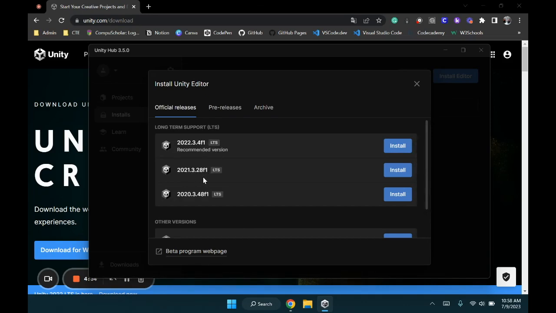This is the previous long-term support, or the one from 2020.3.48 as well. So whenever you're installing the different versions of Unity, again, try to stay within the same range of the first number here. The secondary numbers, they're small fixes along the way, but as long as you're within that same primary number, 2020, 2021, or 2022,